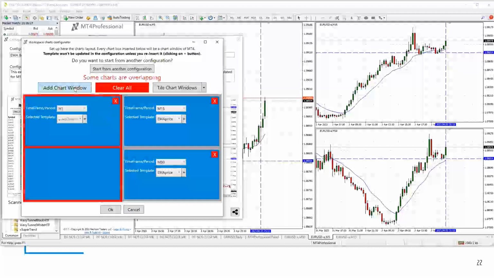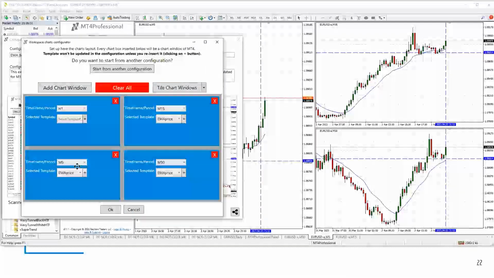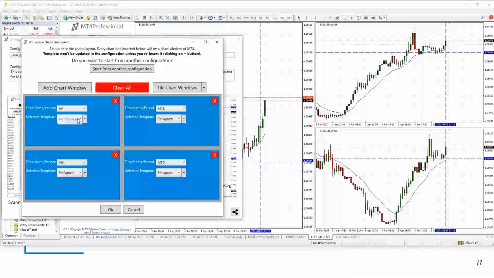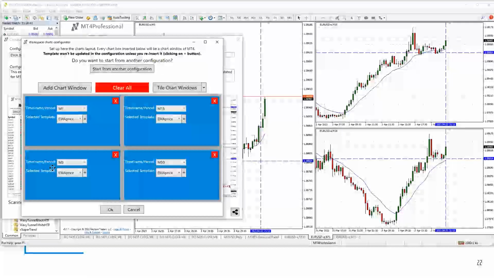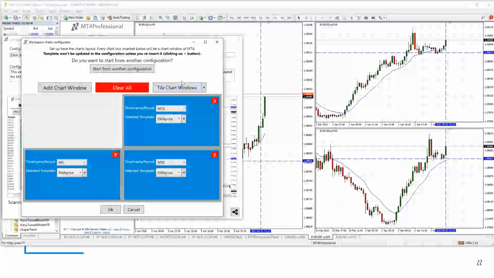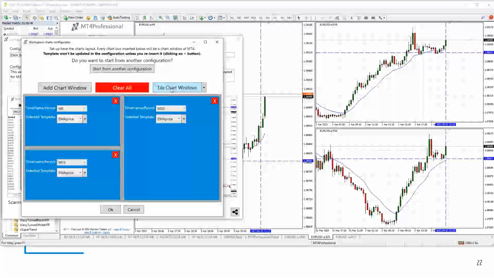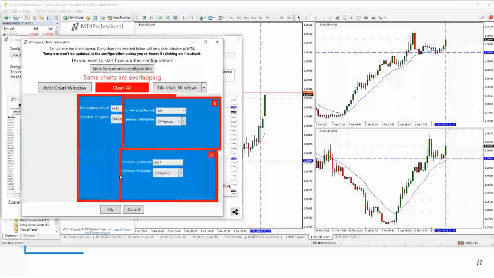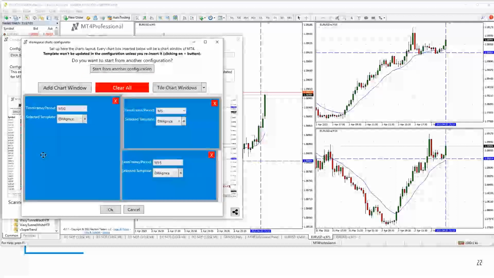If you want to add a new window and tile them out, you can simply do that, select the time frame that best suits you, make sure to turn a template on, and there you are, 4 charts instead of 3, and you're ready to go. You don't like a chart set up, get rid of it, click tile chart windows again, and you're right back to your original setup. In this case, I've got a larger window on the right and 2 smaller ones on the left. If I don't want that and I want the other one, all you have to do is physically move them, put them exactly where you want them, and then you don't have to worry about it after that. Okay.